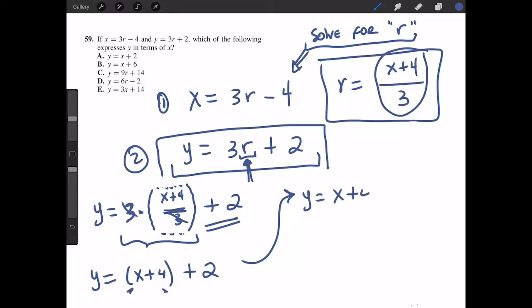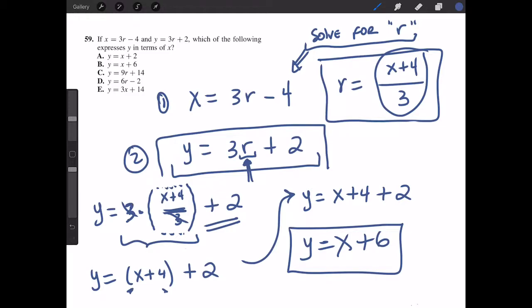Okay, so now that we're here, what is the next step? Well, the parentheses here is not really doing anything, so I can just remove it. So I'm left with this expression, which leads to x plus 6, the final answer. So now if I look at my choices,